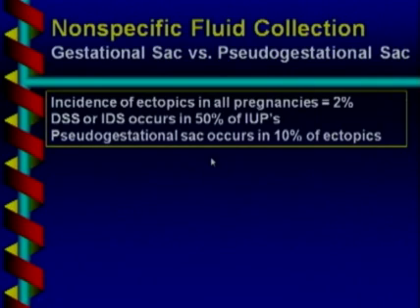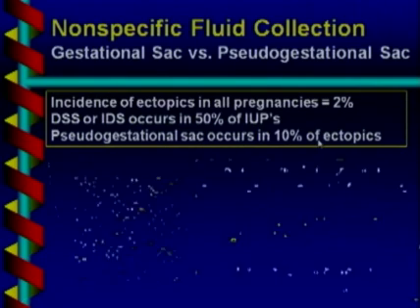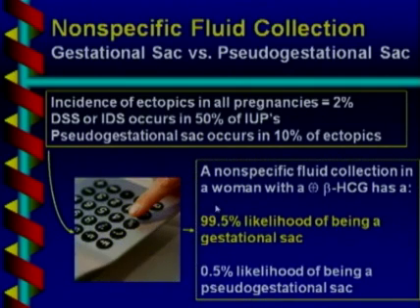And we did a little calculation in our editorial. We assumed that if the incidence of ectopics in all pregnancies is 2%, and a double sac sign or intradecidual sign occurs in half of intrauterine pregnancies, and a pseudogestational sac occurs in 10% of ectopic pregnancies, then we determined that a nonspecific fluid collection in a woman with a positive pregnancy test has an over 99% likelihood of being a gestational sac and a less than 1% likelihood of